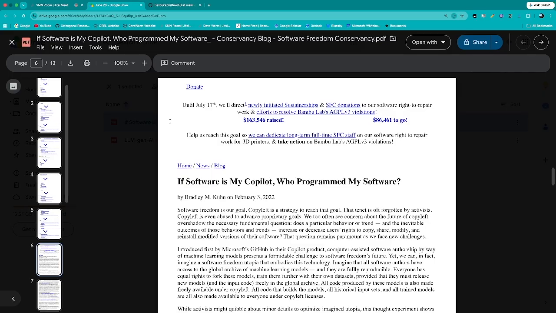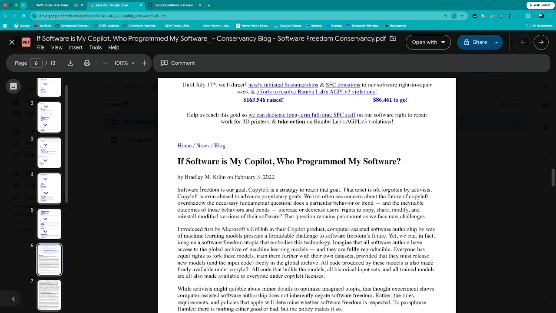The title is "If Software is My Copilot, Who Programmed My Software?" This is thinking about open source, and in this case Microsoft's Copilot, and how that works together.